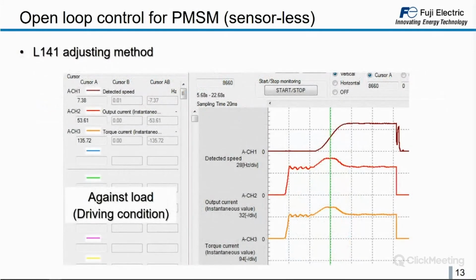So how to adjust the L140 parameter? Basically, we need to know which is the maximum current we are going to need in each movement. So for example, in case of driving condition, so car empty going down, we are going to have to set it to the maximum current, that means the overload current during acceleration, as you can see in the graphic. This graphic, by the way, is taken with the loader software. If you have difficulties to know how the loader software works in case of real-time trace, in this graphic we have used real-time trace.